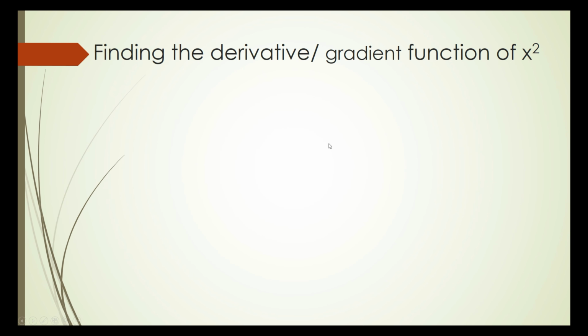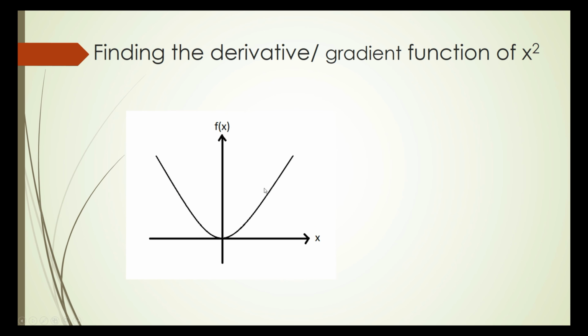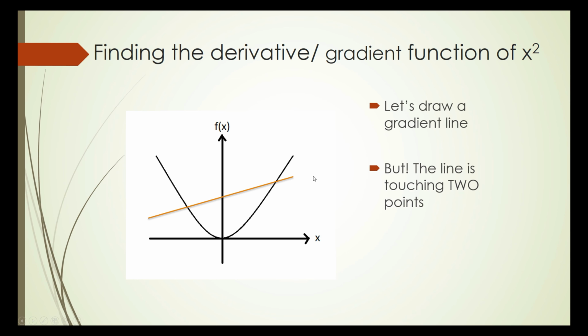Now, we want to find the derivative, or the gradient function of x squared. For example, I have this graph. Compared to what we did before, that was a linear graph, and this is a quadratic graph because it's x squared. Let's draw a gradient line. I just simply drew a line, but we know that this thing is actually touching 2 points. That means it's not going to be accurate. I want to know the gradient at one specific point and for every single point on this graph. So what I'm going to do is